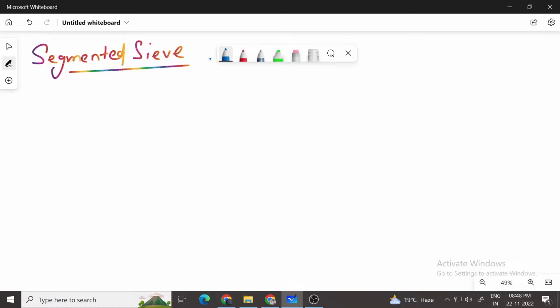So we use the segmented sieve when we are given a range. We have to find all the prime numbers in this range from L to R, where L is smaller than R. So you can say that we can also use the normal sieve algorithm here to find the prime numbers between L to R. We can find all the prime numbers from 1 to R, and we will show only from L to R. But there is a problem here,